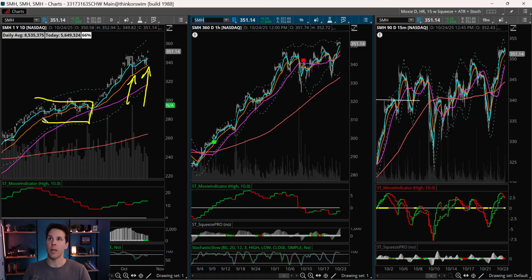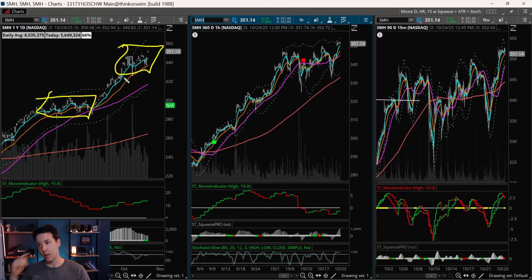And I said, ultimately, I think it's just going to be another flag. And that's basically what that was. And now we've springboarded back to the upside. So any kind of backing and filling from this point, I think, will be constructive. And really, as I said, you can just see, here was a flag and here was a flag.